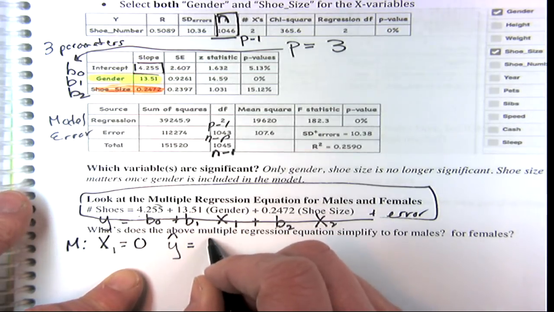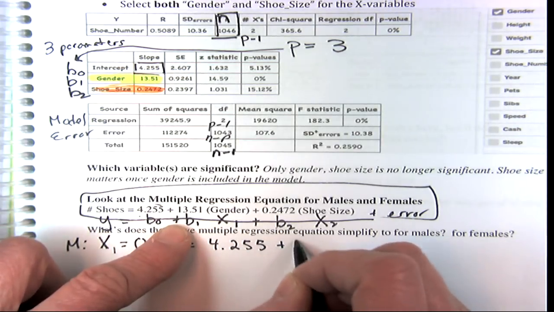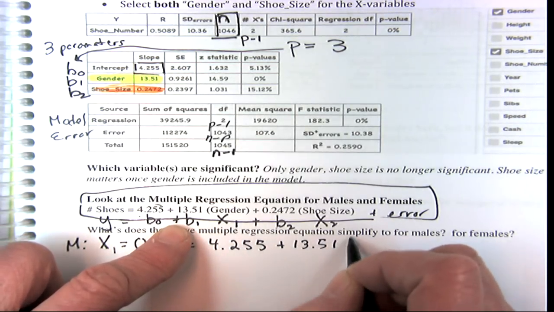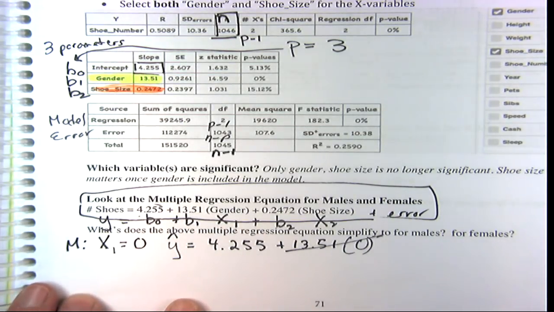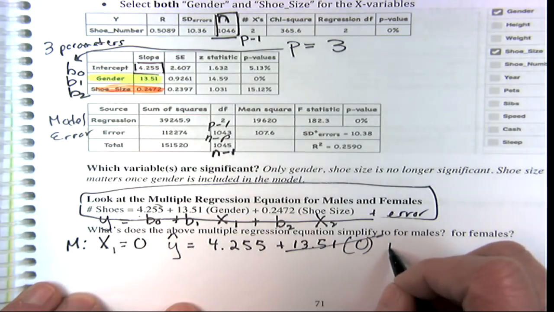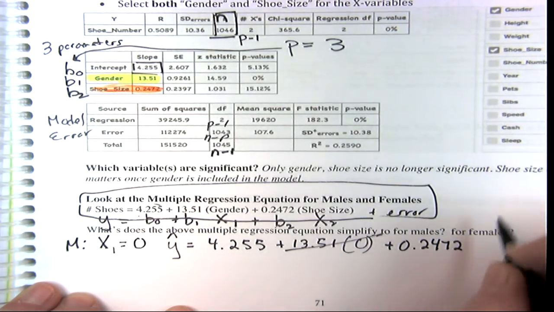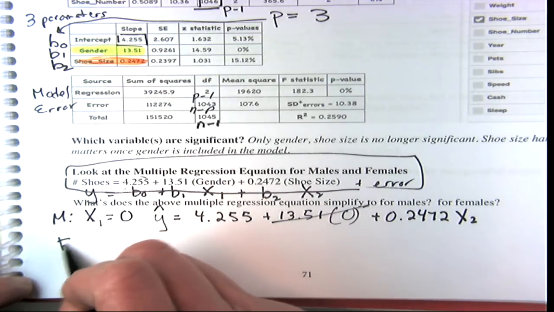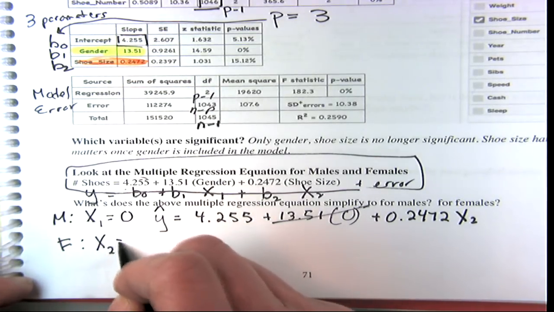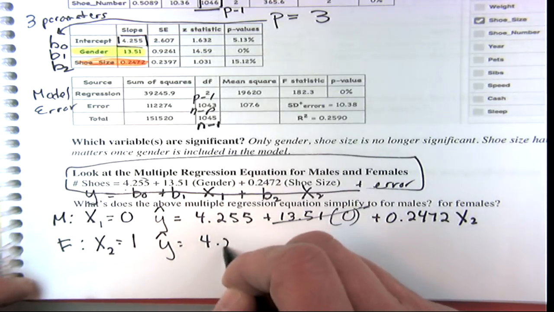So we can do it. We'll have 4.255 plus 13.51 times 0, that's x1, gender is 0, plus 0.2472 times the shoe size, x2. All right, and so for females, what do we have? Females are 1. So you can see it's going to give us